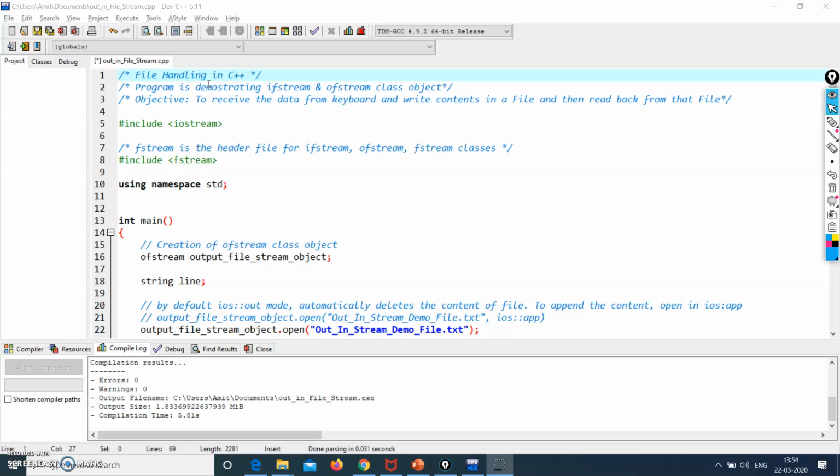In this video, we are explaining a program related to file handling in C++. This program demonstrates how to open a file, write to a file, read from a file, and close that file. The program will receive data from the keyboard and write that content to a file. We will close that file and reopen it in another mode, and read all the data already saved in that file, and show that data on the